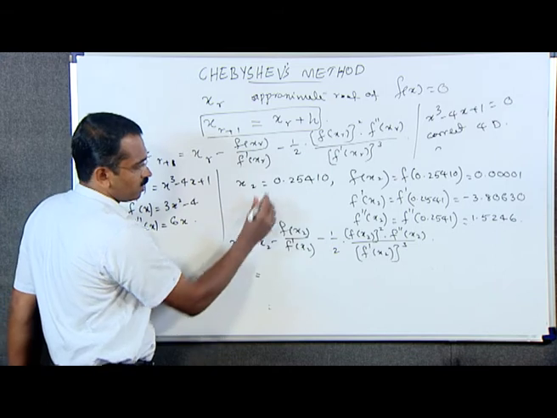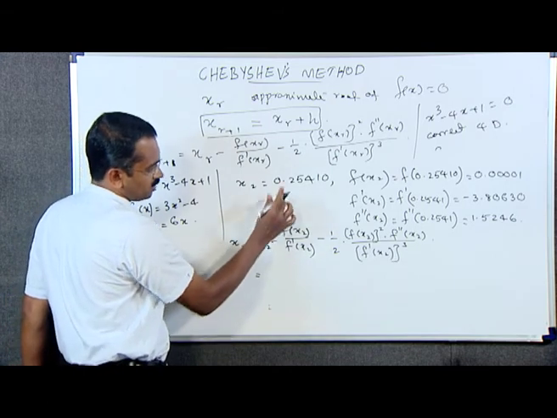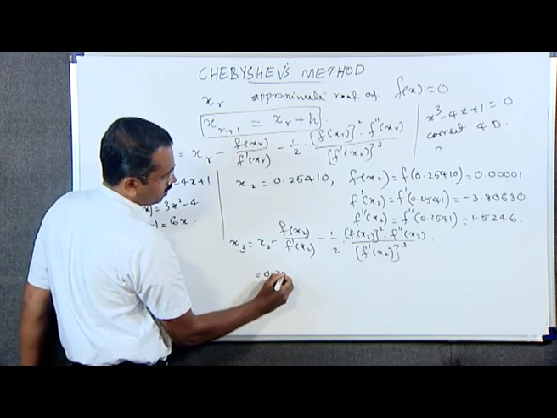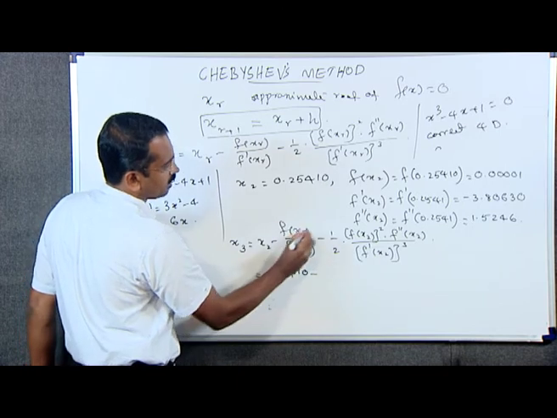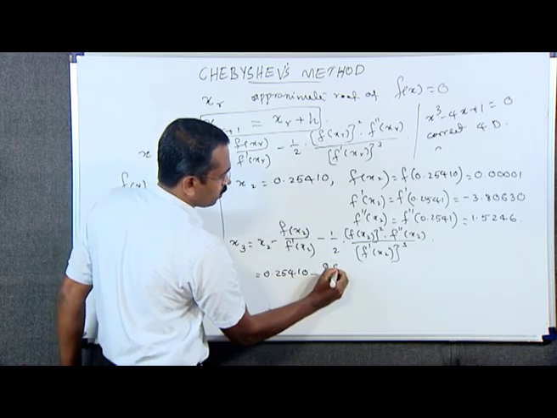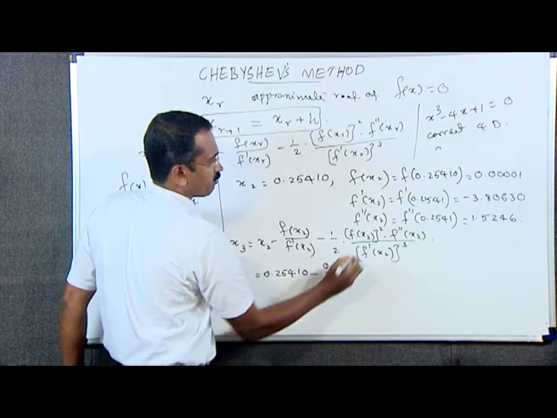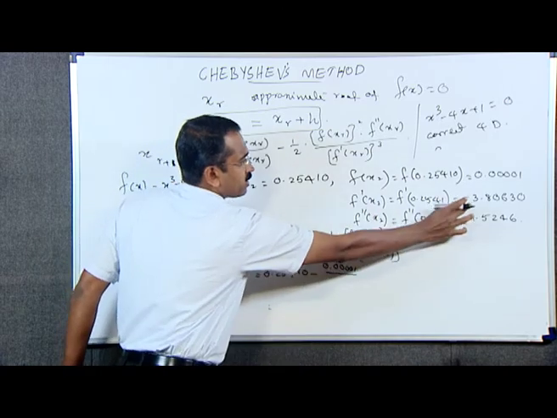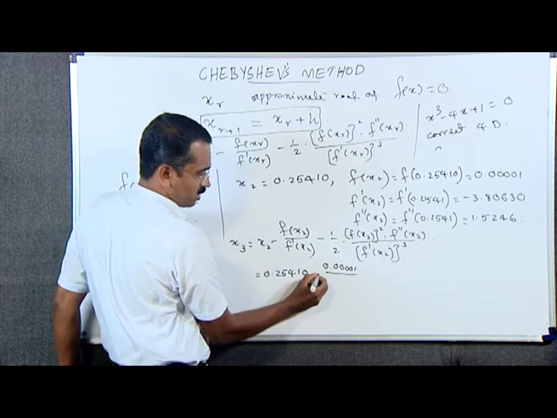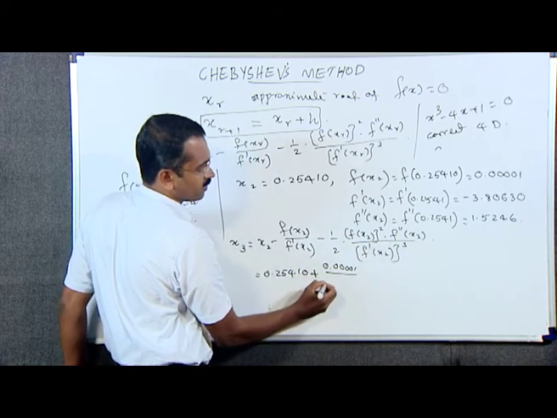Substituting these values, that is x2 is 0.25410 minus f of x2 is 0.0001 divided by f dash of x2, that is negative 3.80630. Therefore, this minus will become plus